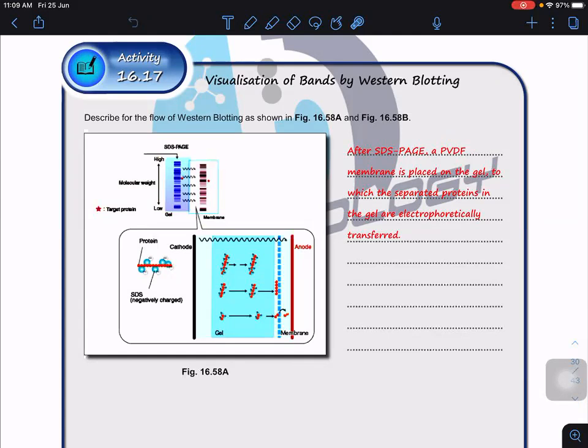So we just place a membrane onto the gel, and we can use a blotter. A blotter is a machine that helps us to transfer. If not, then we just let it go by capillary action. Okay, so this is a blotter. We can use a blotter. Blotter basically, you have the